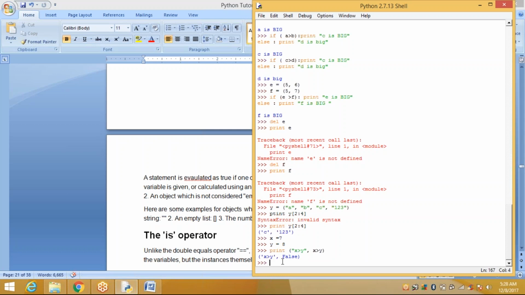So x is greater than y is false. Why? x is equal to 7, y is equal to 8. We are not applying any conditions, if else or else if. We are not discussing that now.